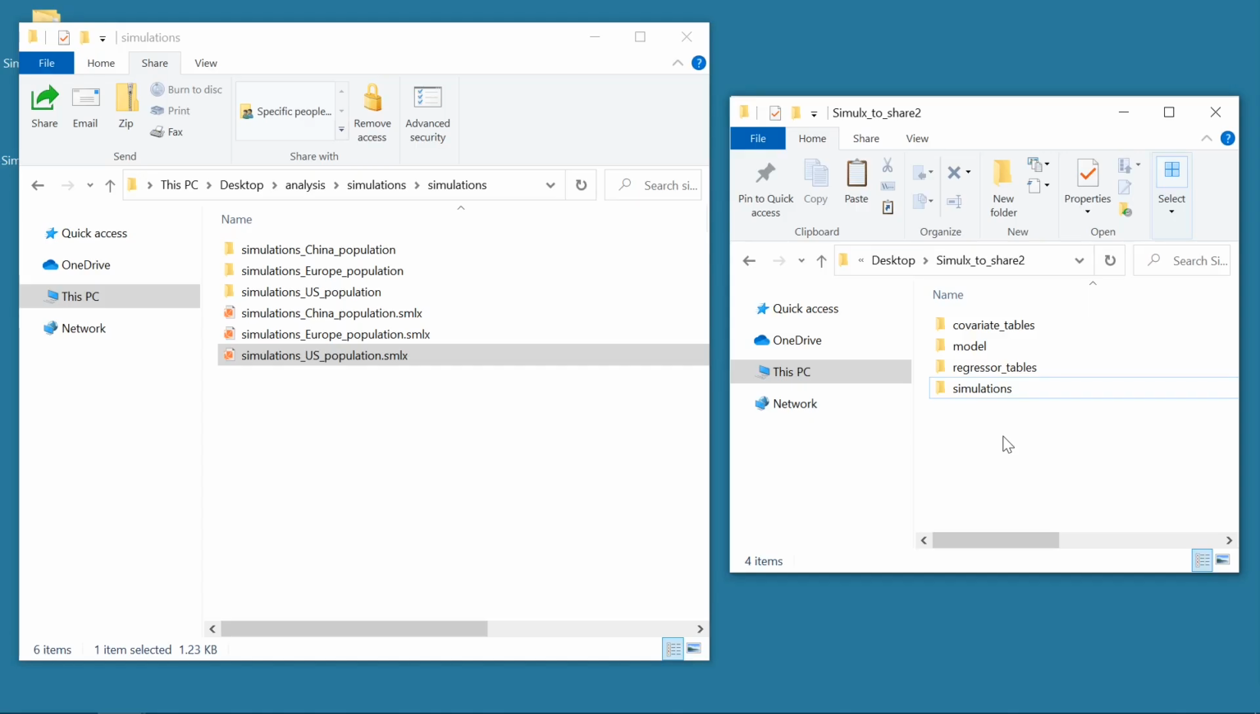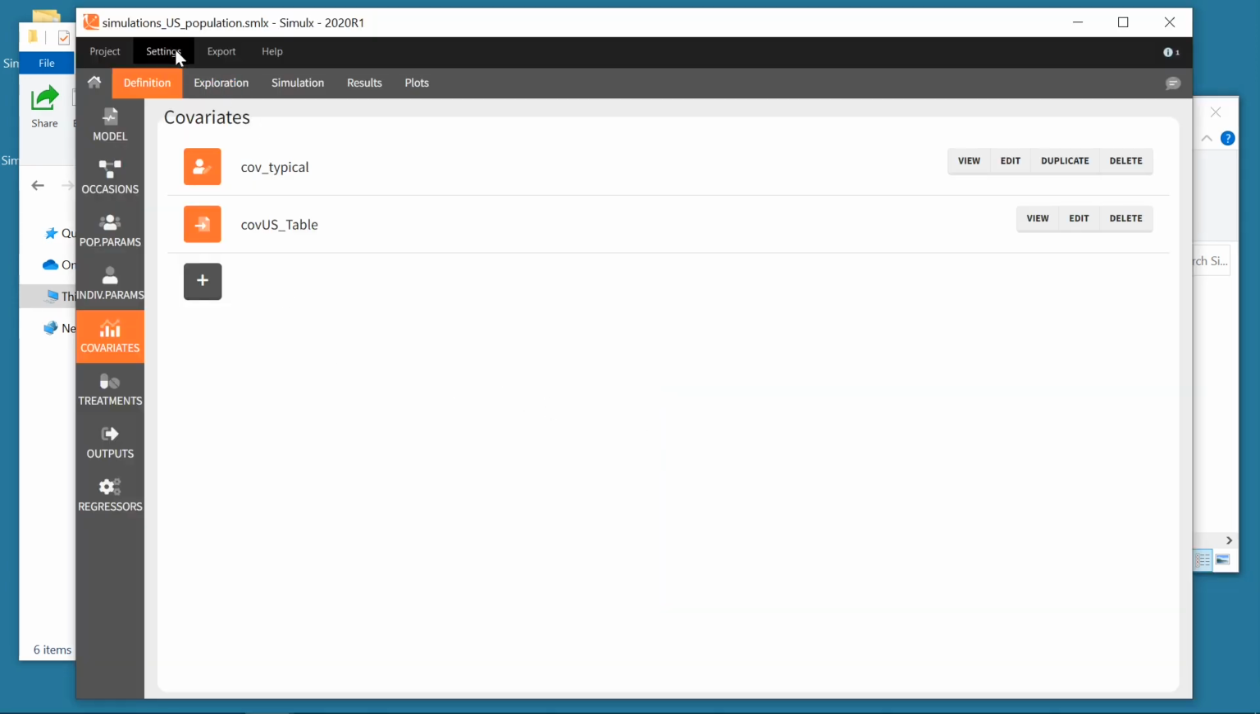So to share only the simulations for US population, one possibility would be to create subfolders in the folder I plan to zip to recreate the same architecture with only the necessary files. One file in model, one file in covariate tables, and one in regressor tables, as well as my project in simulation with the result folder. This would work. With this architecture, Simulx would be able to load the model, external tables and results, but it is cumbersome. Another much easier possibility is to open in Simulx the run I want to share, open the project